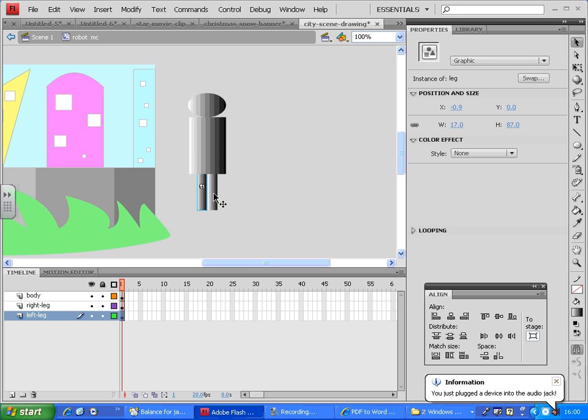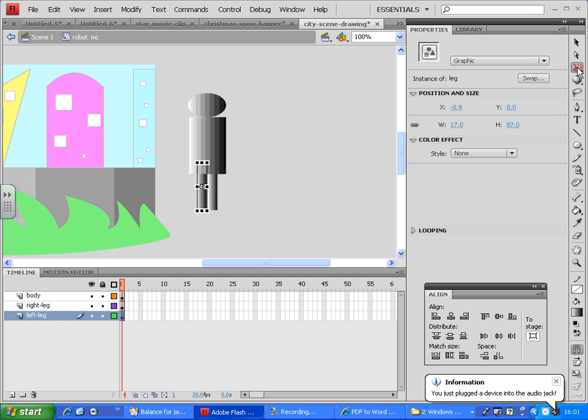But when we walk, in our walking cycle, our legs normally move from the hips, not from the knees. Okay? Because what we want to do is actually swing these legs forward and backward. Now to swing them, we're going to use the free transform tool so that we can rotate these rectangles. Okay? To do the rotations,